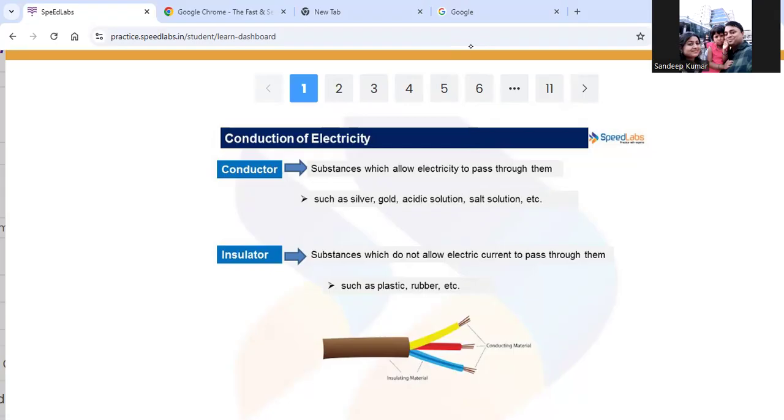Insulators are substances which do not allow electric current to pass through them, such as plastics, rubber, non-metals. So this is the first concept of this chemical effect of current. Next,